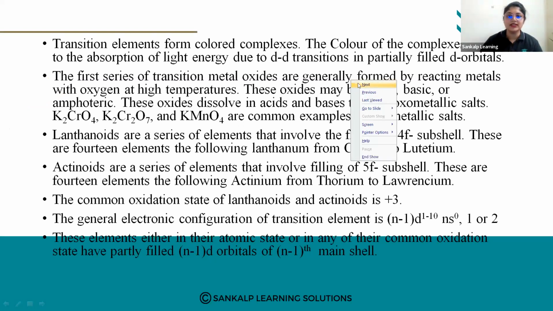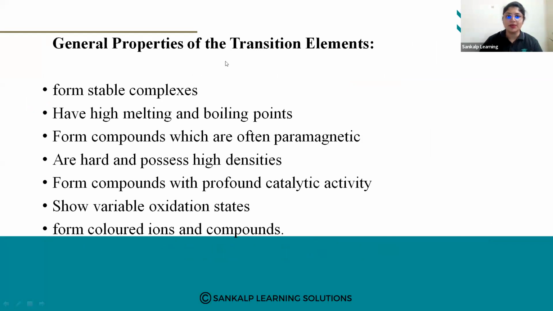So we have completed this. Then we have seen the general properties also. You know that they form stable complexes. They are hard and have high density because they are metals. So they have high melting point and boiling point. Why? Because they are metals. They show variable oxidation state and they form colored ions and compounds. So these are some of the properties of the